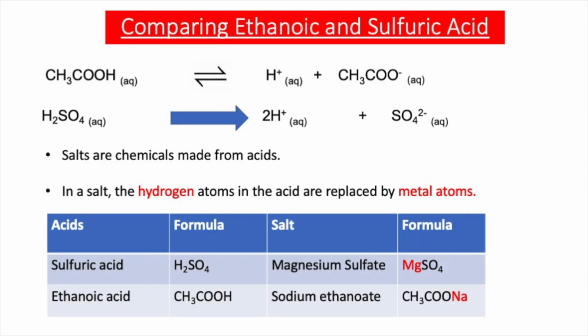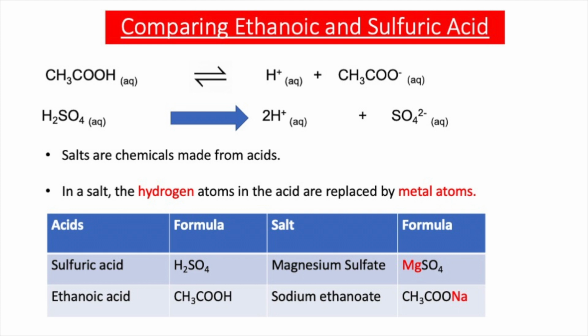Now, in this video, we're going to be making comparisons between weak acids, such as ethanoic acid, and strong acids, such as sulfuric acid. Ethanoic acid is a weak acid as it partially splits up into H plus ions. Sulfuric acid is a strong acid because it totally splits up into H plus ions. Both weak acids and strong acids have similarities in their reactions. For example, they will react with bases, they'll react with alkalis, they'll react with metals and metal carbonates to form